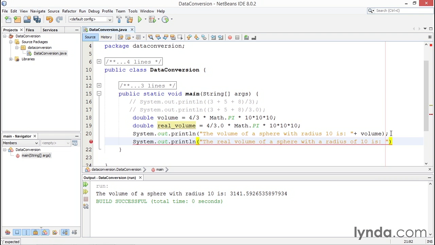Okay, I kind of ran out of room, but I can always put the plus sign and hit enter, and I can put my next variable name down the second line with my semicolon. Okay, this time when I run the program, it's going to print out both the first volume and what I'm